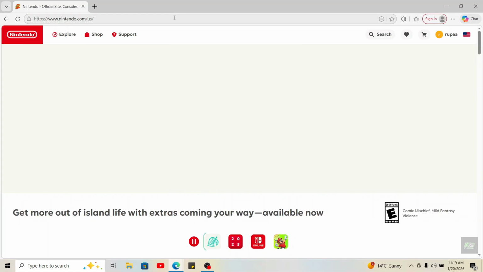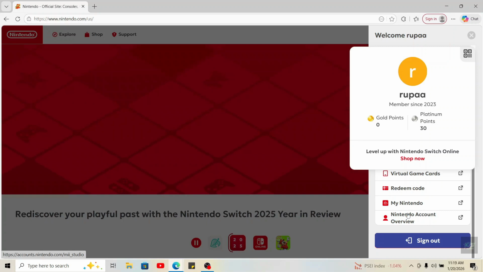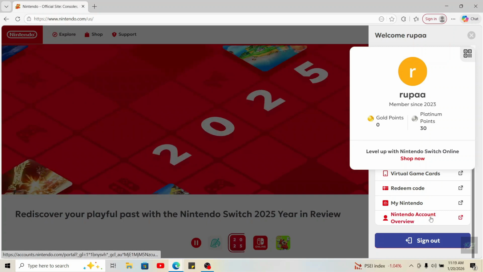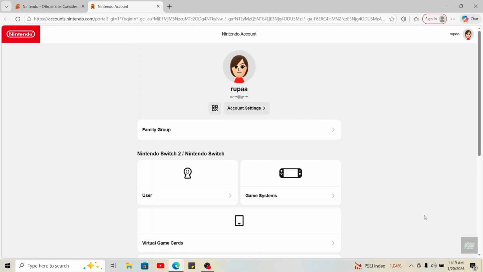Once you're logged into the home page of Nintendo, go to the upper right corner and click on your name. From the expanded menu that appears on the screen, click on Nintendo Account Overview. Soon after you do that, you'll end up in this Nintendo Account Overview page where you'll need to click Account